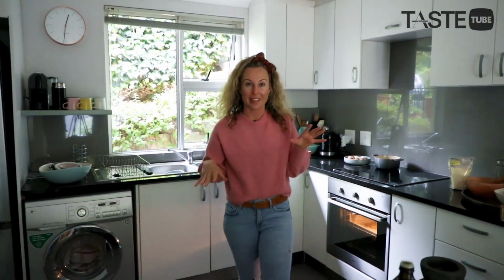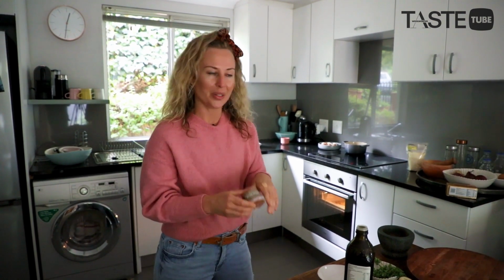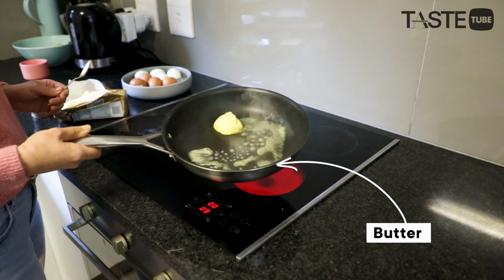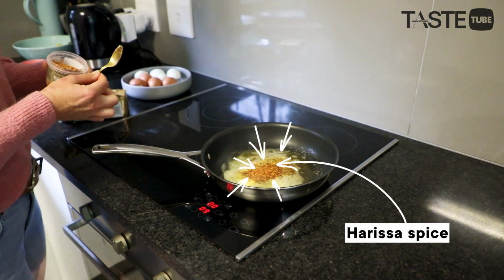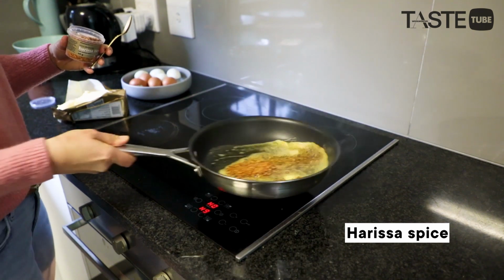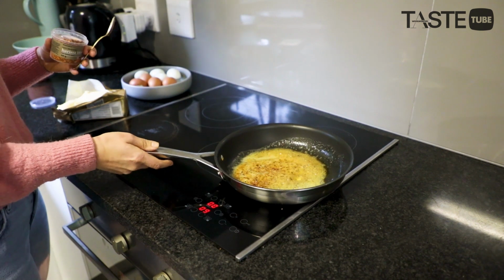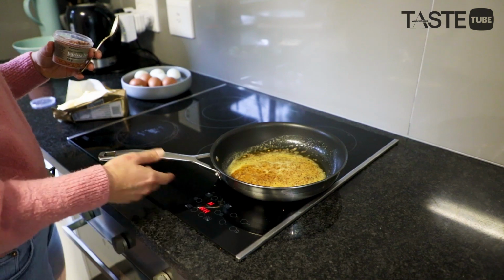Okay, so now we're going to be making the little things that go with it. At the moment, I'm totally obsessed with Woolies harissa spice. It's so good. We're going to be melting a little bit of butter, sprinkling a little bit of this good stuff in there, and basically, yeah, that's all the hard work done for you. About a teaspoon or 2 teaspoons, whatever you prefer, and then we're just going to let it cook nicely, fry, and awaken all of those delicious, yummy flavors. At this point now, when it's all foamy, you can take it off the heat and leave it aside to